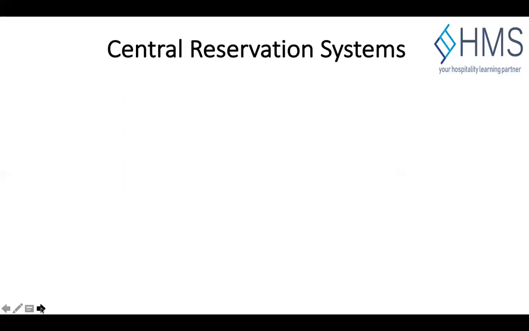Now moving on to central reservation systems. Now it's important to understand the meaning of central reservation system. It is basically a type of reservation software that is used to maintain and update information of a hotel pertaining to rooms, in this case inventory, rooms and rates, so that the hotels are able to manage guest reservations and bookings and the process around such reservations in real time. Now, a central reservation system is nothing but a computerized reservation software,